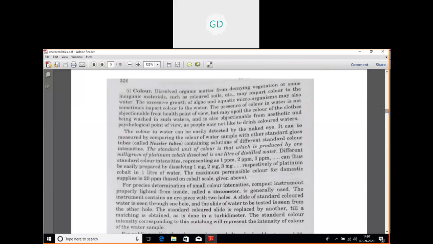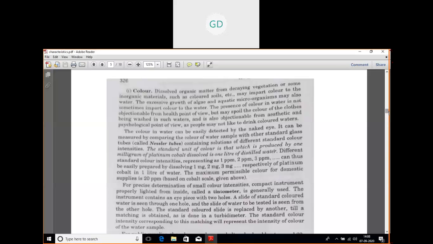Okay, so color. Why does color happen in raw water? It happens due to dissolved organic matter from decaying vegetation, or sometimes colored soils are present. In that case also the water gets colored. Also, sometimes the excessive growth of algae and aquatic microorganisms imparts color to the water. And we never like to drink that colored water. Okay, for that